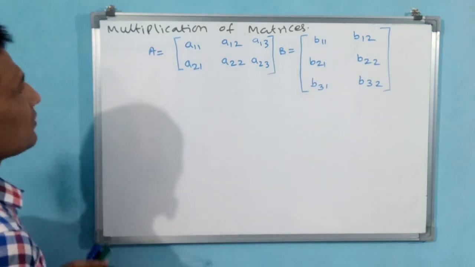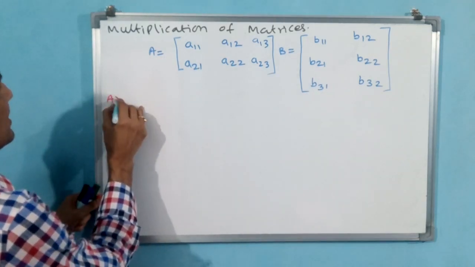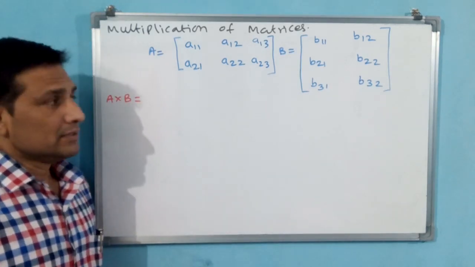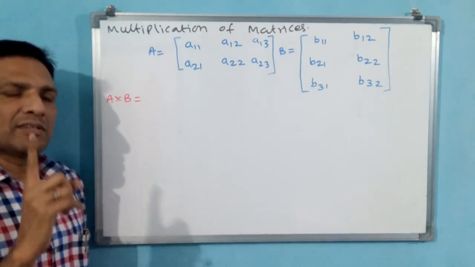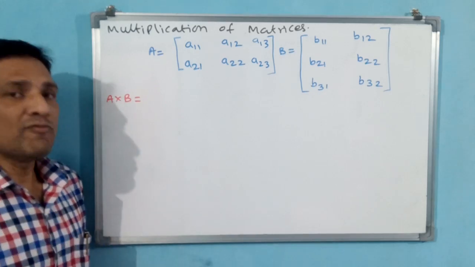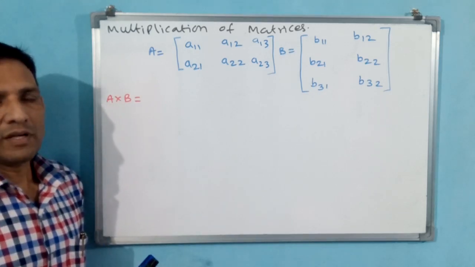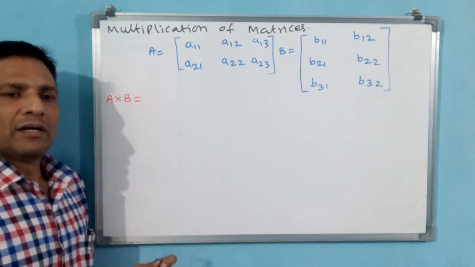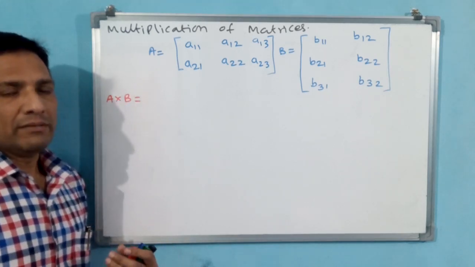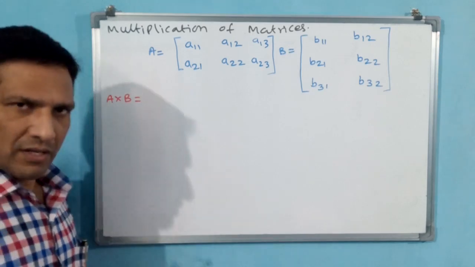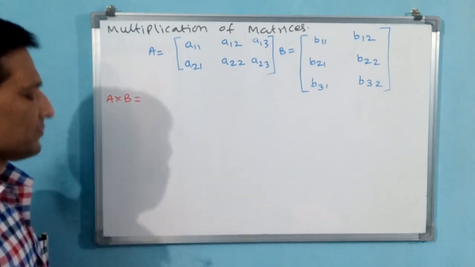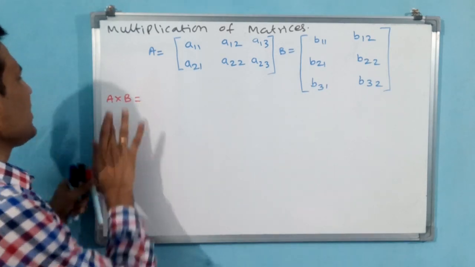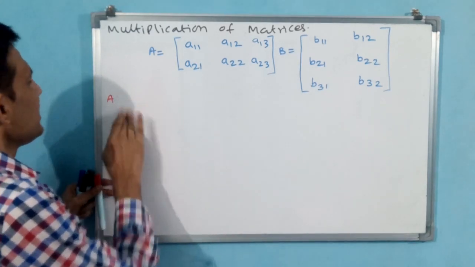A by B is equal to, I am writing, you see. In matrices, multiplication is the difficult one. After this, inverse is the difficult one. Finding the inverse matrix. These two concepts are very tough. If you don't observe carefully, then you are going to make mistakes. Okay, observe carefully how I am writing. You see, A cross B is equal to A into B, or AB. You write simply AB.